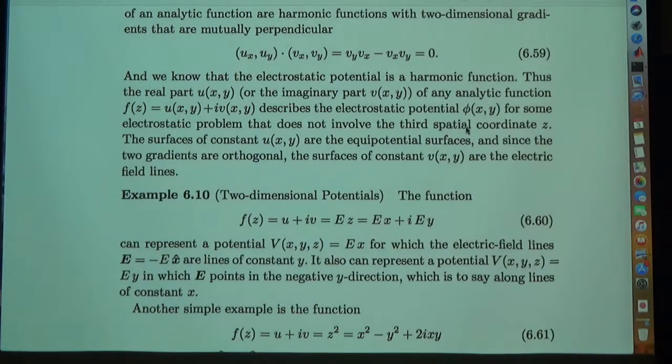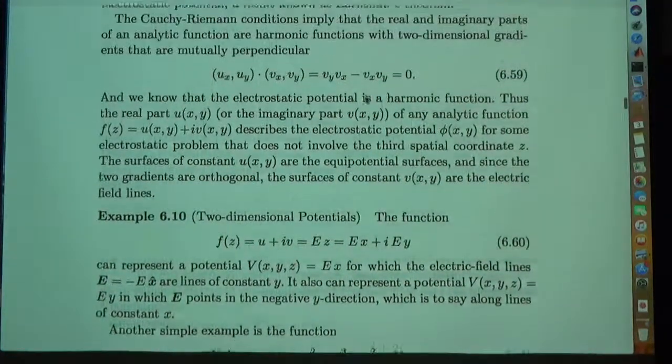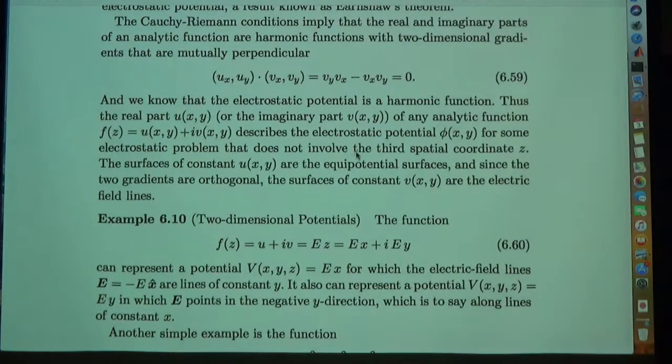We're out of time, so I guess I'll come back to this next Tuesday, but just quickly. What it turns out is that you can use the real and the imaginary part to represent the electrostatic potential, and then the surfaces of constant U can be equipotentials, and the surfaces of constant V can be the field lines, or vice versa. And so there are all sorts of cute tricks that one can do, but of course you're stuck in 2 dimensions because the analytic function,